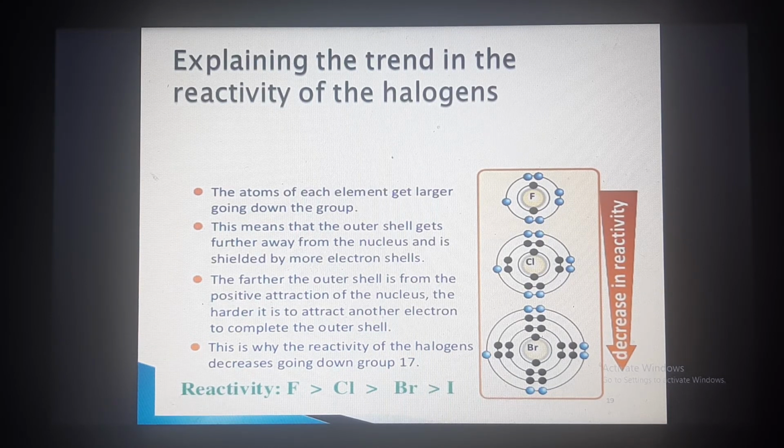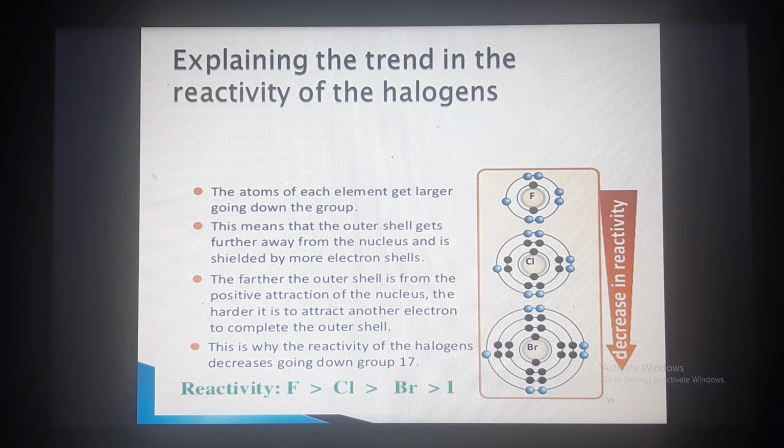And also we have to discuss the shielding effect. Shielding effect means the effect of inside electrons. In the case of fluorine, we can see only 2 electrons inside. But in the case of chlorine, the number of inside electrons is increasing. In the case of bromine, it is again increasing. So these electrons also shield the last electrons from being attracted by the nucleus. The last electron is attracted by the nucleus, but the inside electrons are preventing it. They do not allow this outside electron to be attracted that much to the nucleus.